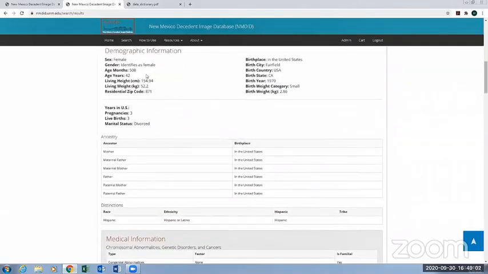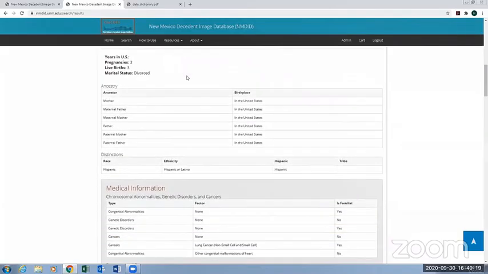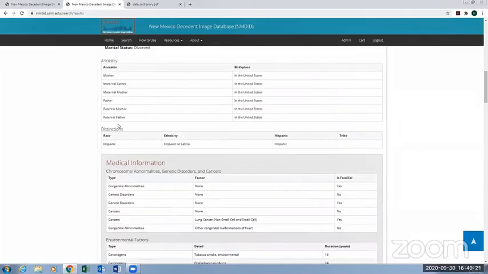We can see we've talked to our family member because they gave us an estimate of how tall she was and how much she weighed while she was alive. We know that she was born in Fairfield, California in 1970 and that she was of small birth weight. And this is information that came from a next of kin. We know that all her parents and grandparents were born in the United States, that she herself was Hispanic,